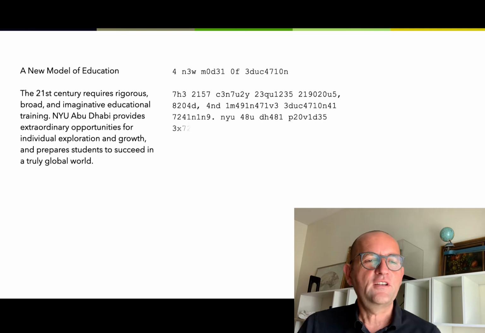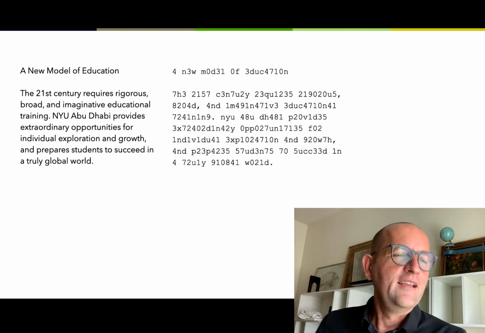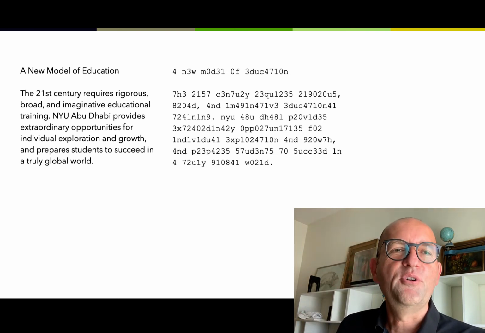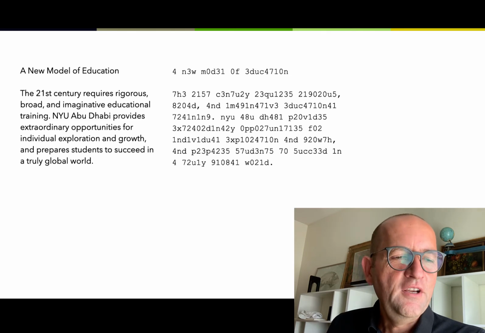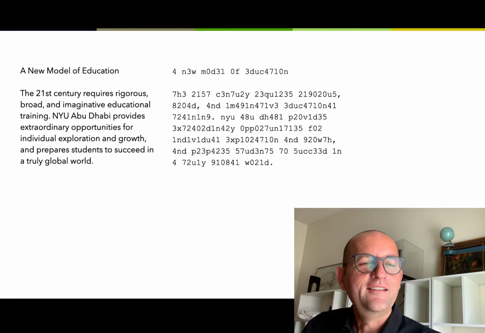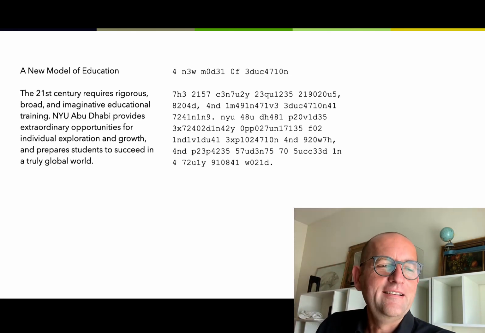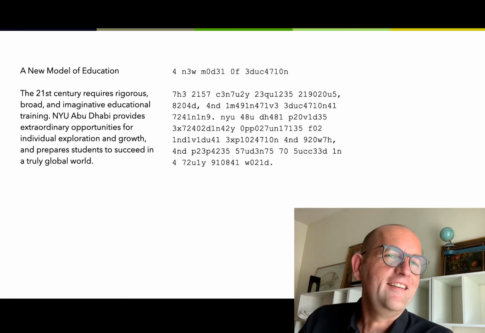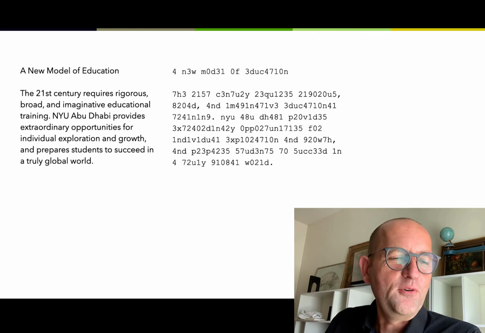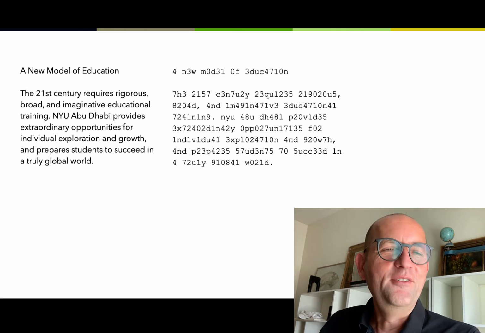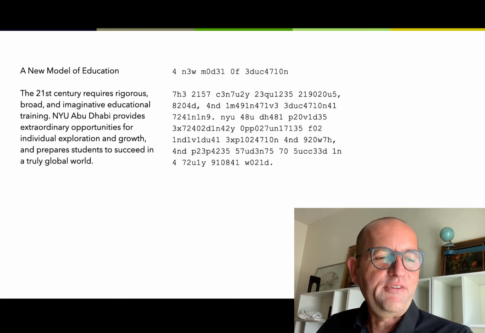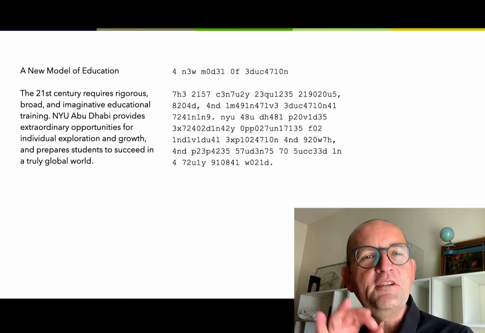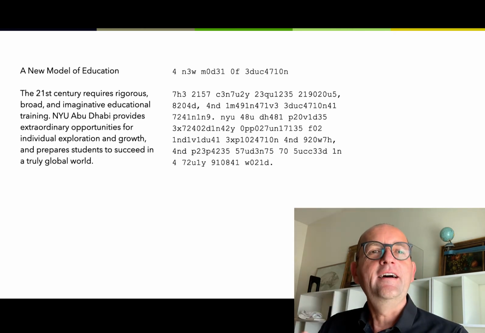And here you see, I tried that out using just random stuff on the NYU Abu Dhabi homepage and translated that into leet speak. And I mean, it's a bit difficult to read, so it's very silly. It's not really a secret code either. Once you got it, then of course, you understand how it works. But it's fun to do. And the interesting thing is,